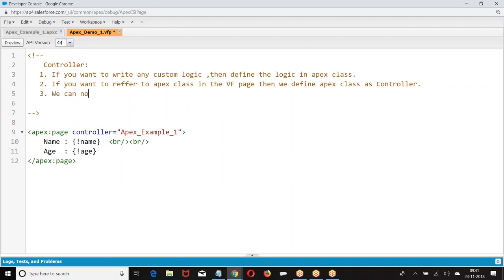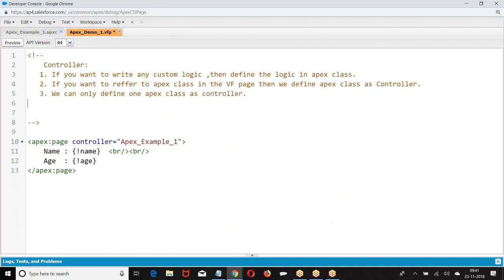We can only define one Apex class. How many Apex classes can we define as a controller? Only one Apex class. Apex class should be public or global.